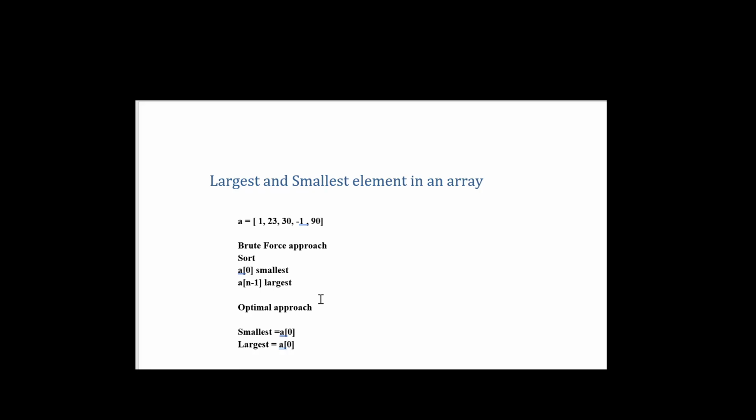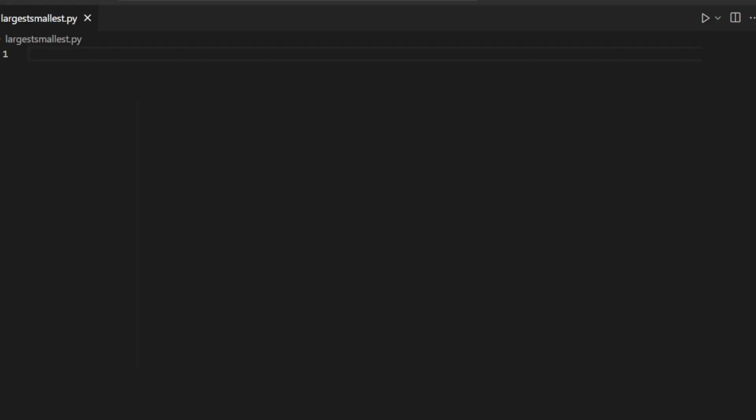That is, at the last, we find the smallest and largest element in an array. It takes the time complexity of big O of n. That's about it. Then coming to the coding part,